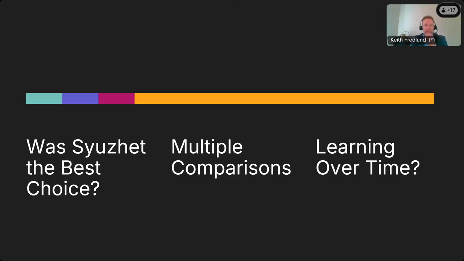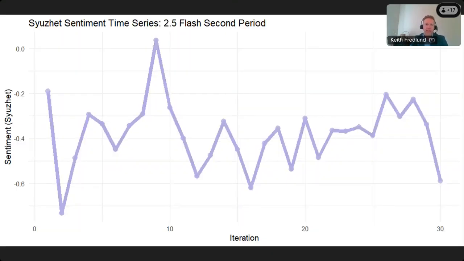All right, the last thing that we're going to talk about is learning over time. And I mentioned during my methods that I had taken steps, changing the parameters of the models I was using so that they didn't remember, and then also having as part of my prompt, telling it to treat it like a first time question. So I was very concerned that there may be some sort of learning going on over time. Now, learning, mostly we'd think of that in terms of accuracy or relevancy maybe, but I think it's possible to think about learning as a change in sentiment over time to be more like whatever the model thinks I want, right?